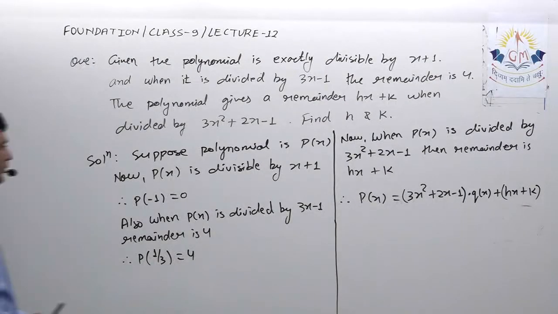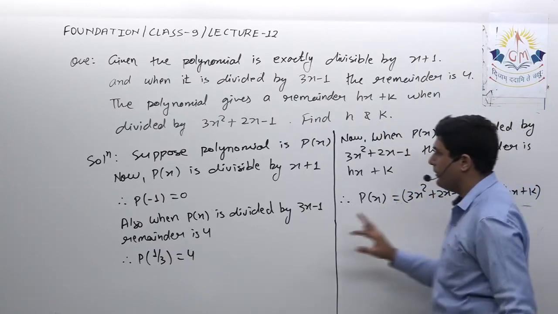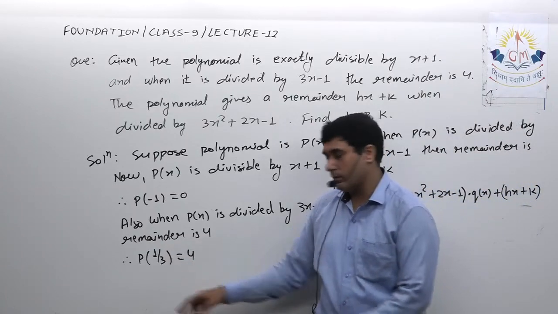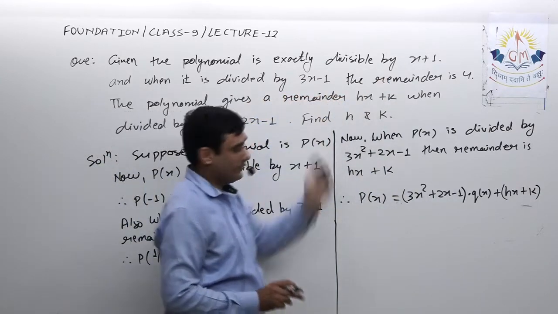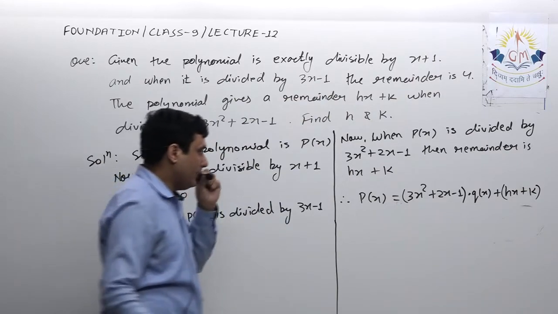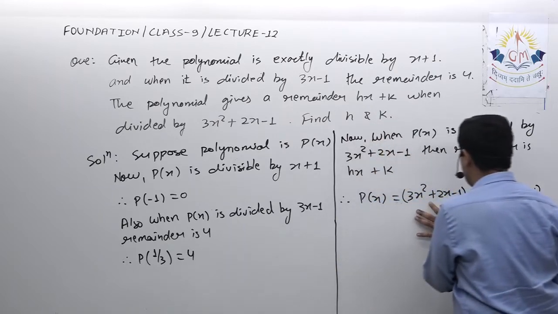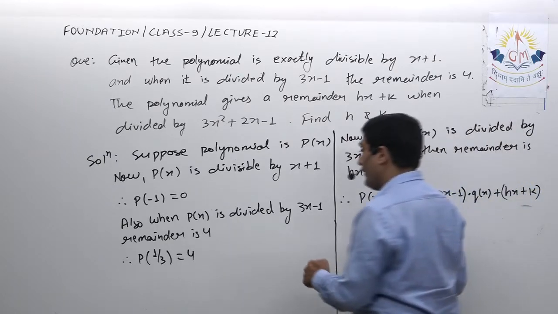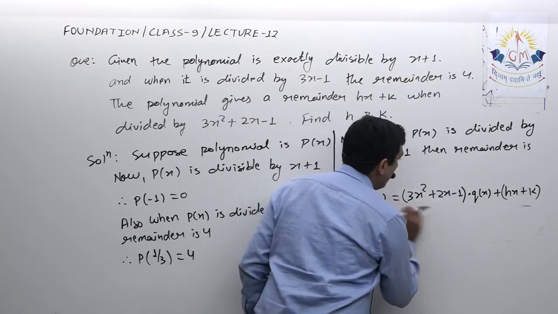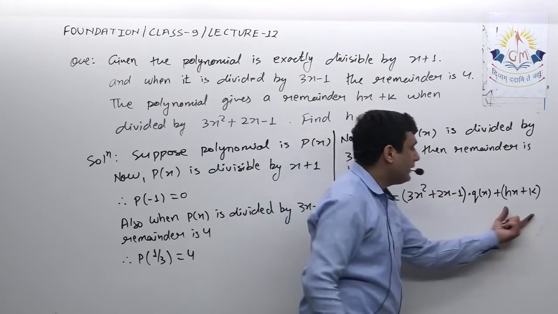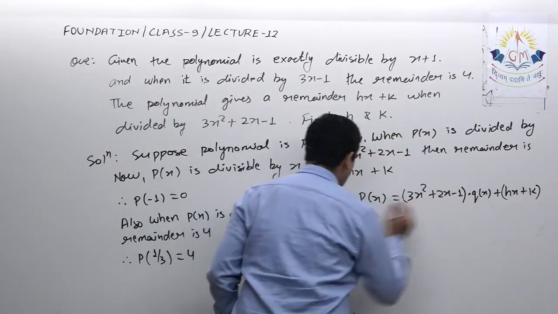Okay, so now see two things that you should understand. First thing, if you find the factors of this, definitely you will get x, x plus 1 and 3x minus 1. Definitely you will get these two factors, in 99% of cases. So that means if I put x equal to 1 over here or minus 1 over here, this term is going to be 0. Similarly, when I put x equal to 1 by 3 over here, again this term is going to be 0. Okay, so ultimately in both the cases I will get the relation between h and k. So this is now